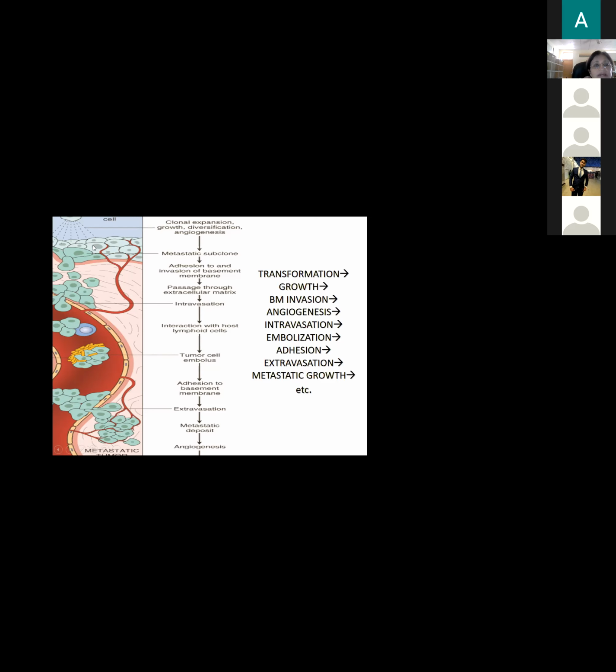अब ये आप देखो कि ये बेसमेंट मेम्ब्रेन को तोड़ के this has come into the extracellular matrix. This has adhered to, and there is invasion. This is the basement membrane of the extracellular matrix. This one cell has broken the basement membrane. The modified basement membrane, which has been broken down by the matrix metalloproteinases, इसको break करके आया है into the extracellular matrix. Now, this cell is multiplying. It has produced another clone of cells.